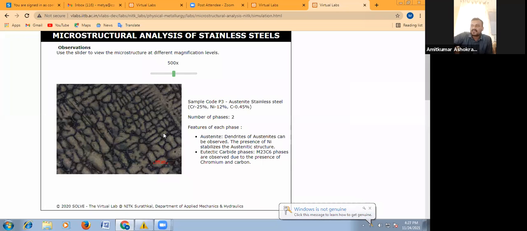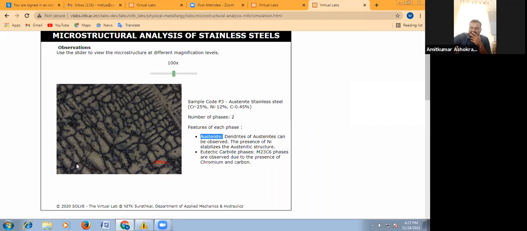Two phases we have observed here. One is austenite. Okay, this shape is there: dendritic shape, feather-like shape. This feathery long structure you are able to see here is nothing but your austenite, as it is an austenitic stainless steel. A large amount of this dendritic or feather-like structure is there, and it is austenite, hence it is termed austenitic stainless steel. And some small amount of carbide, some dark particles are here.